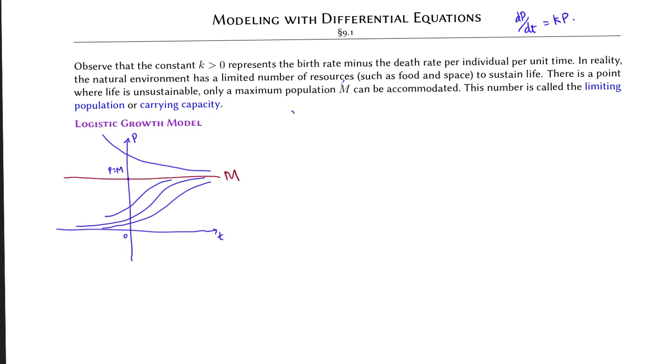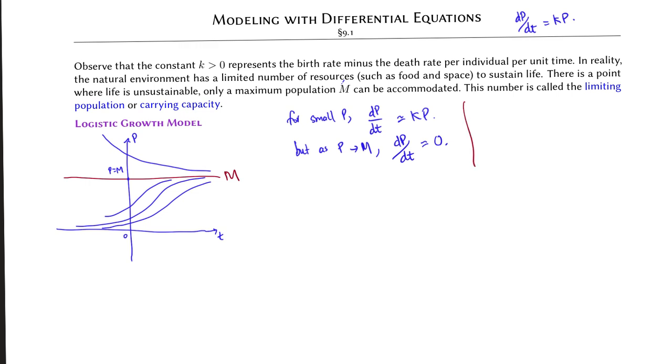If P is small, then the population behaves as if it is with the basic exponential model: dP/dt is approximately kP. But as P approaches M, the population levels off, so the rate of change dP/dt is approximately 0. We can see from the graph that as P approaches M, the slope becomes more horizontal,